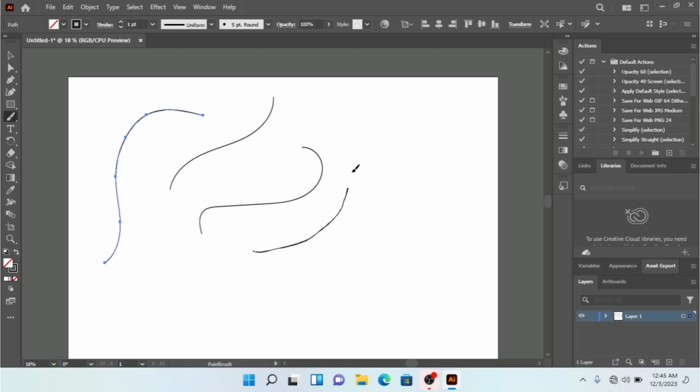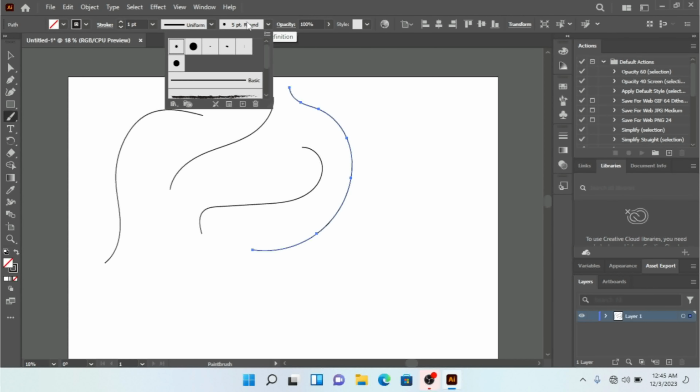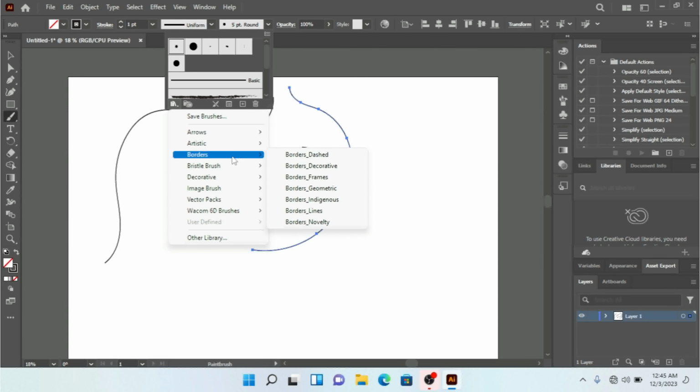So here I'm going to select a different brush. If you want to select a different one, you need to click on the brush definition, and here you need to select one of the brushes from this brush library. And also we did a tutorial that we can bring in more, like if we click here, you can see I already showed you in